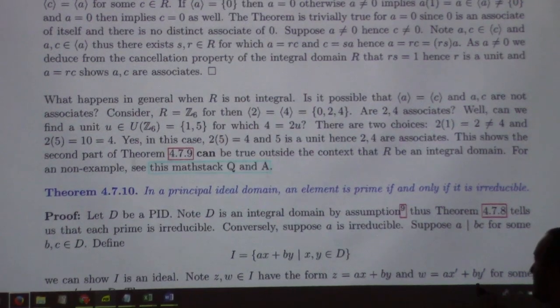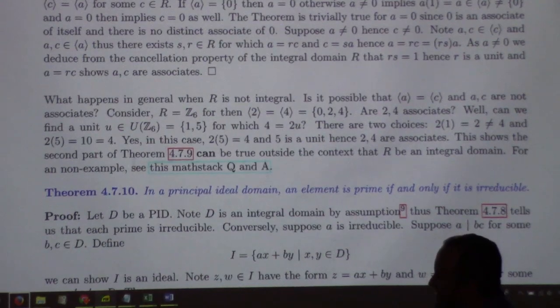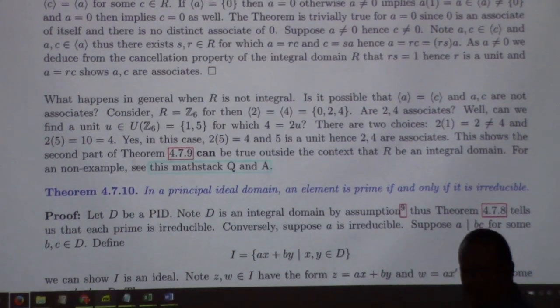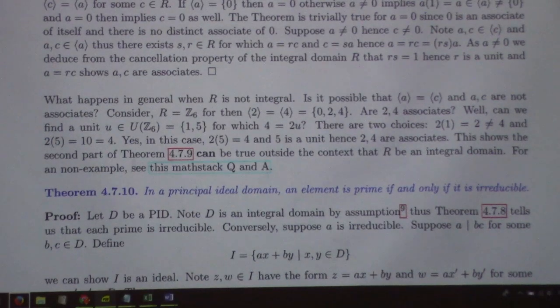We already know that prime implies irreducible, but the converse direction is also true if we're in a PID. Again, the proof is not hard, but it's going to take me about 10 minutes of class to work through. So it's probably going to take me about a half hour to prove both of these,